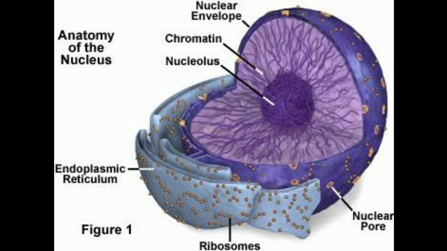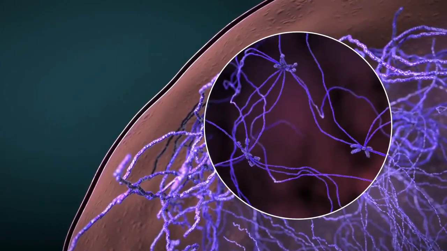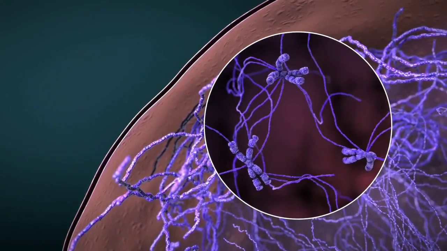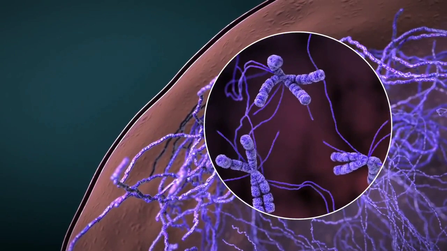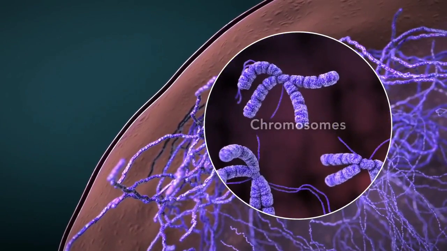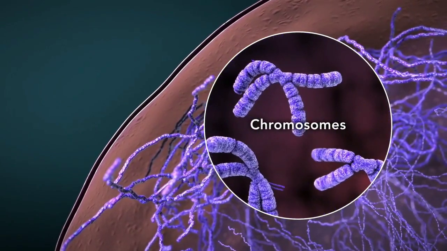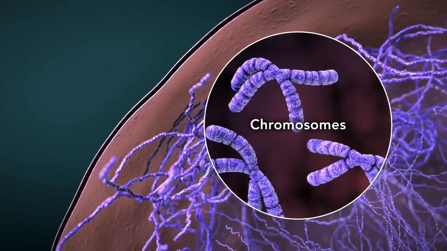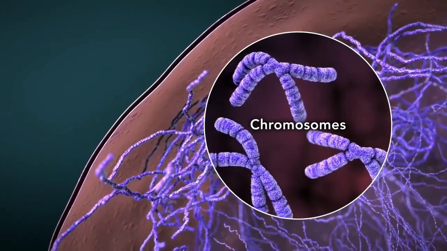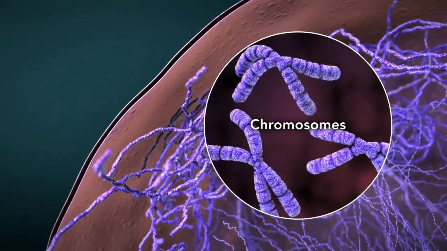We will discuss that later. Okay, so the nuclear membrane contains pores and it allows the transfer of material from inside the nucleus to its outside. Okay, and the nucleus contains chromosomes, which are the genetic material. The chromosomes contain DNA and nuclear proteins. So these chromosomes will be visible only at the time of division.